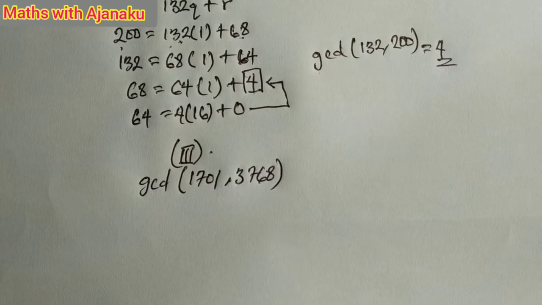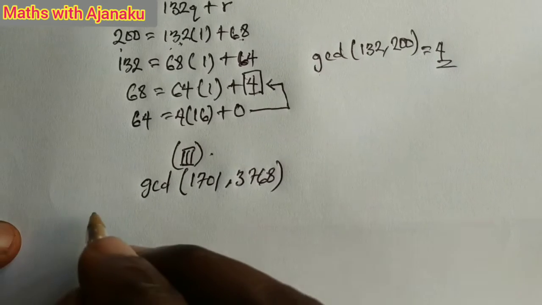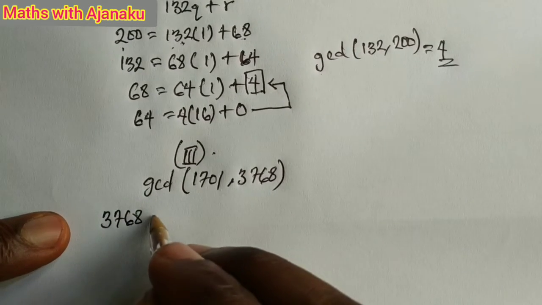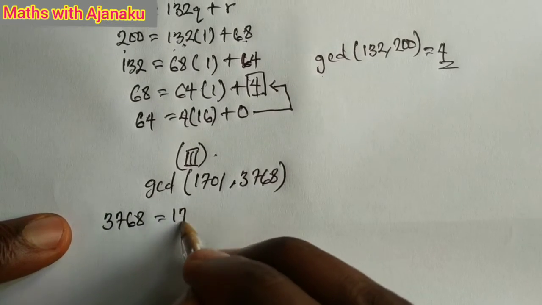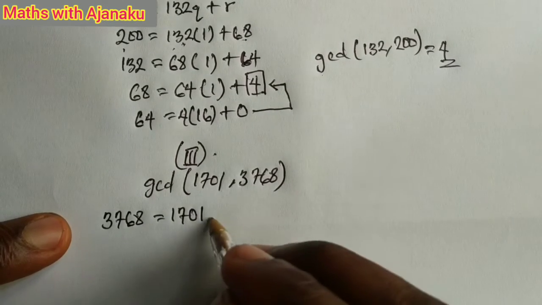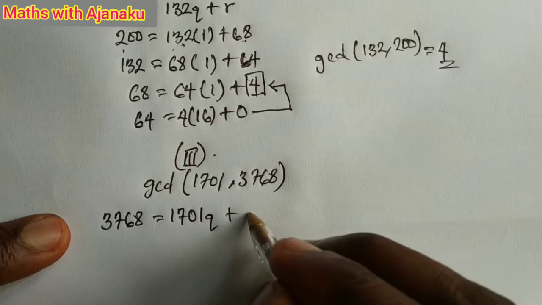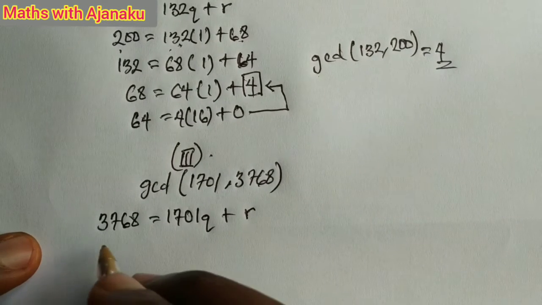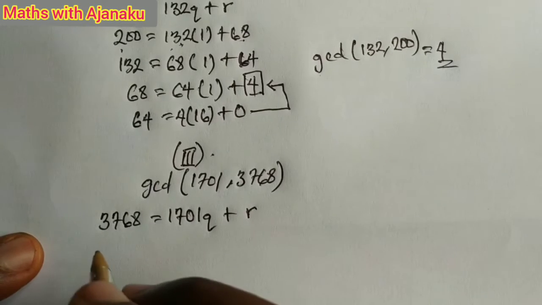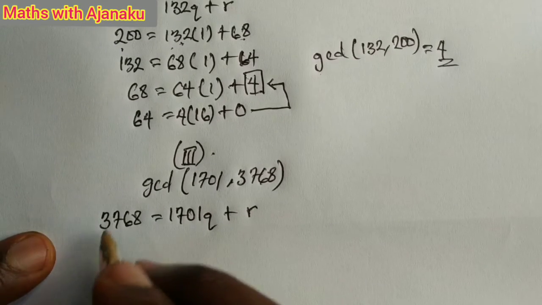With the help of the Euclid algorithm, all you just have to do is bring out the largest number to be equal to some multiples of the smaller one plus the remainder. So this obviously, 1701 will go here twice,